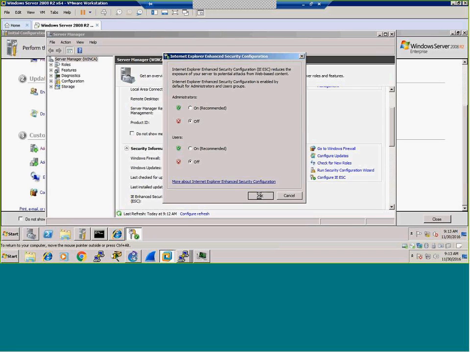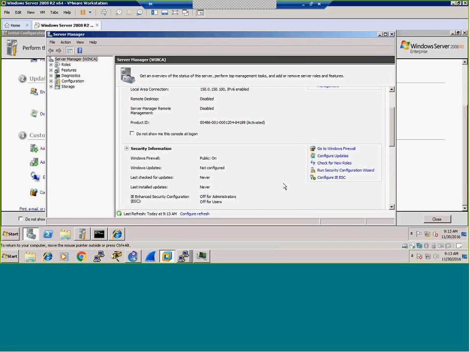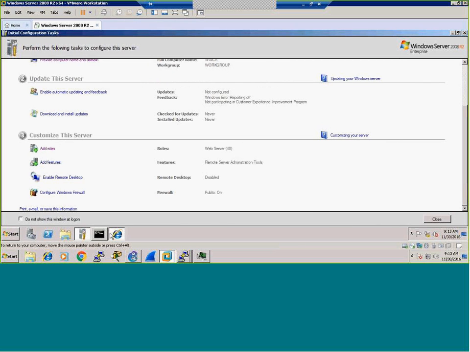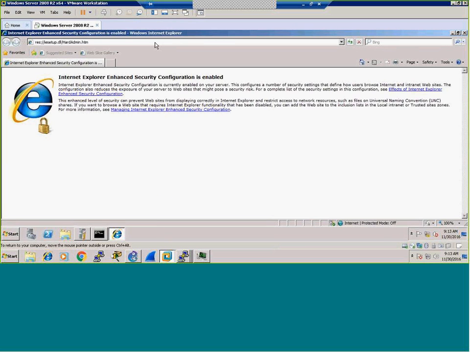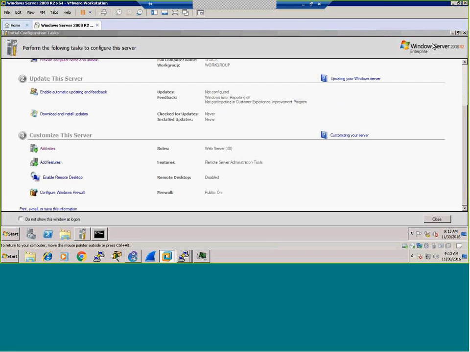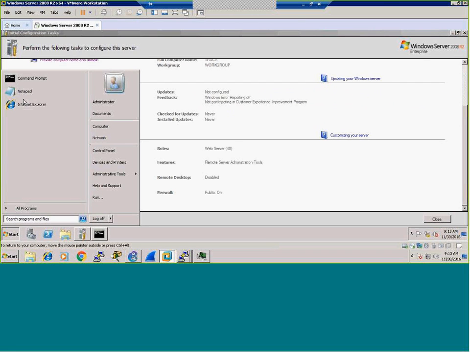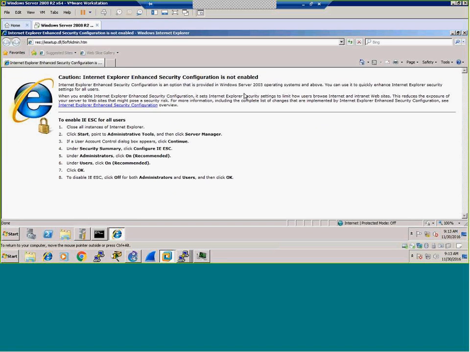So it should be good now. I've just turned it off. I'll just close this for now. And when I get back in here, if I close this browser window and open it up again, we should see that it comes up without the warning message. There you go. So that's good. And now the next thing that I'm going to do is I'll type